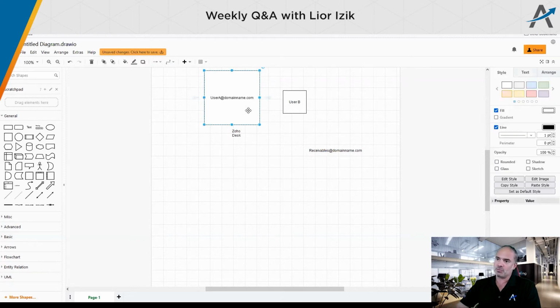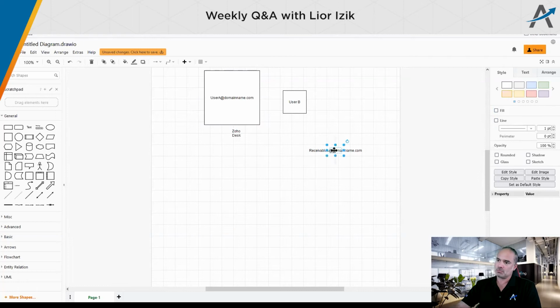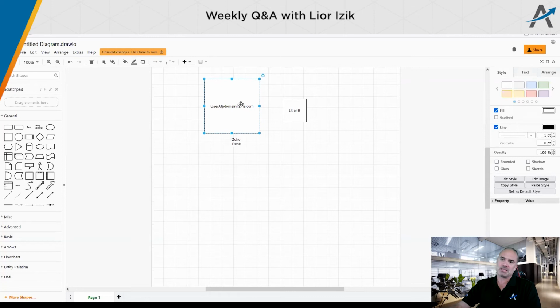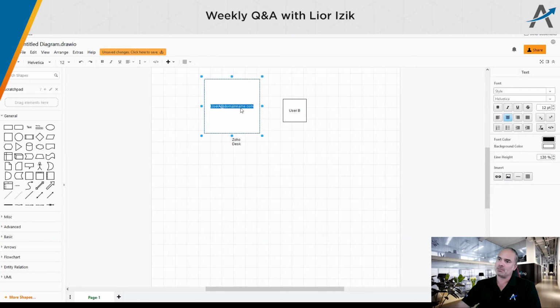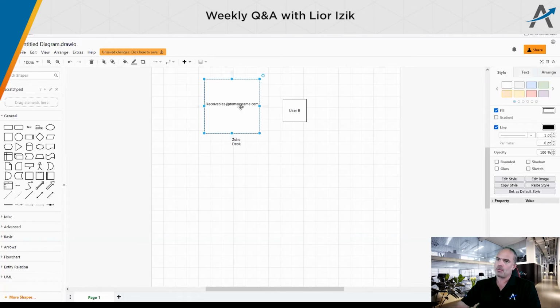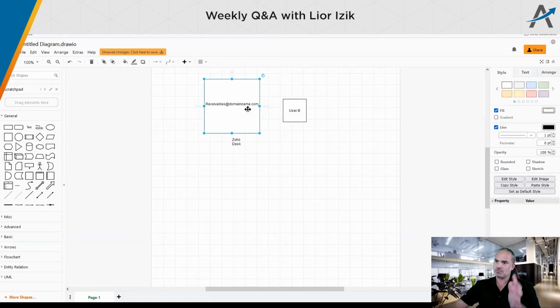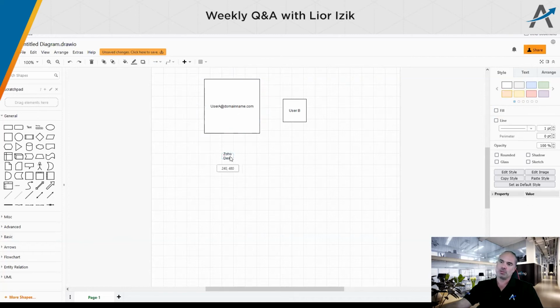That can be, for example, receivables. You can have as many aliases as you want. So you will have user A as the user, but receivables will also be received here. And all those emails will go to Zoho Desk.